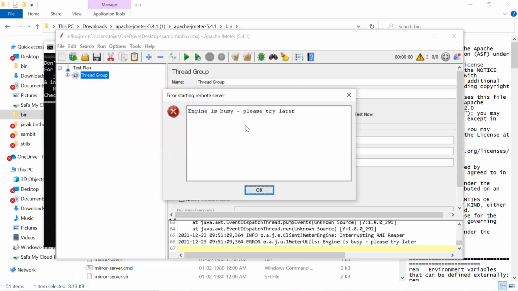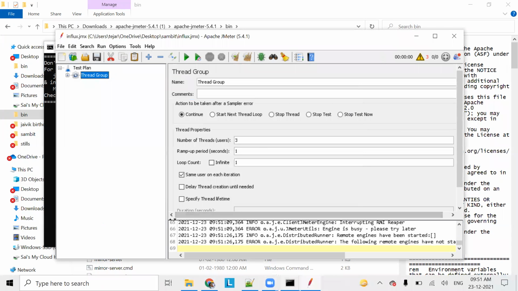Okay, engine is busy, please try later. I think both are in the same system, that's why I'm getting this error. Both master and slave are busy. In real time, it will get started.